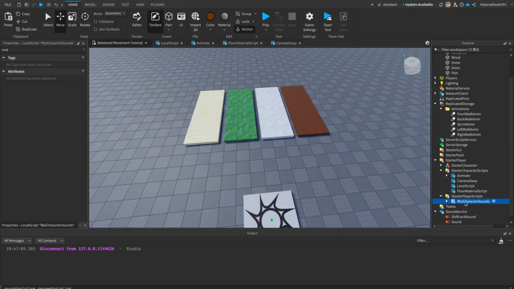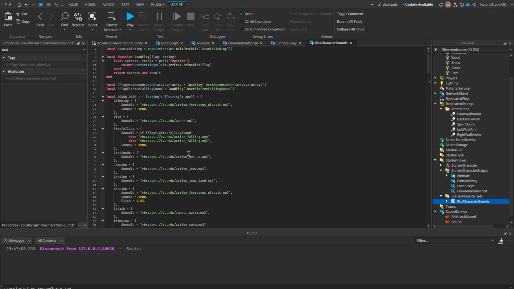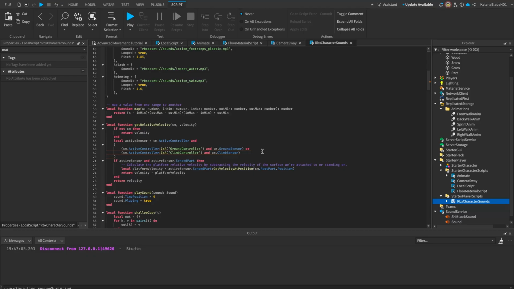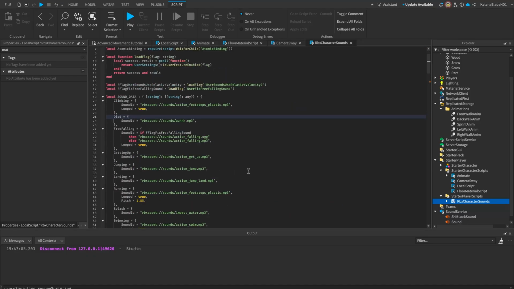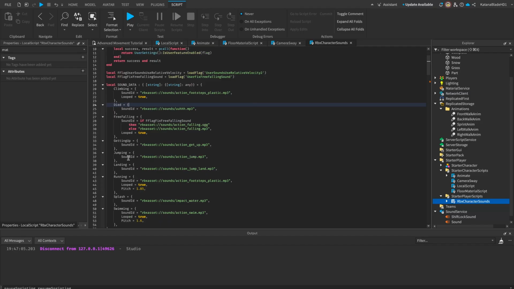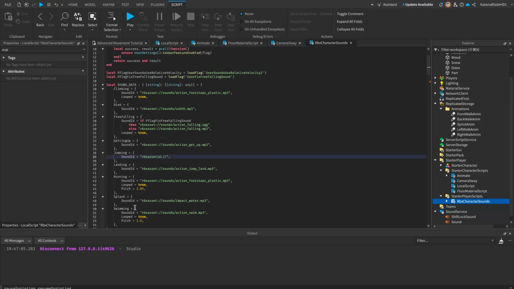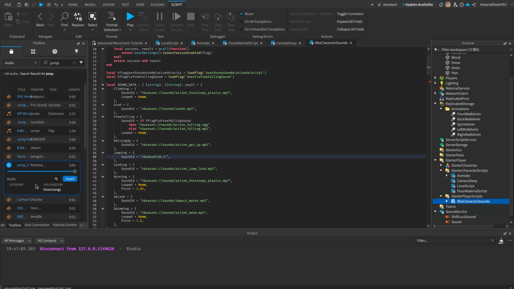So this will initialize our own version of the script. Now under here, you can change these sound IDs to be whatever you want. And now for this code, if you want to add our own, for example, jumping sounds, what we can do is change this RBX asset ID, then insert whatever sound ID you find. For example, let's go quickly find one. I found this sound, so I'm going to use this. It sounds like this. I'm just going to put this here, and now you'll notice when we play our game now,